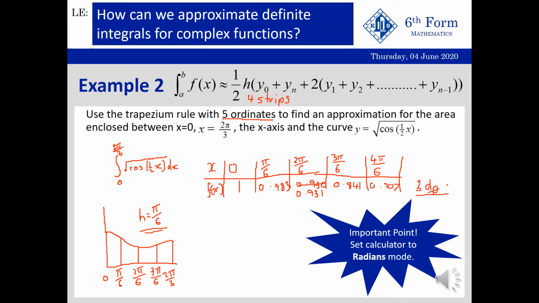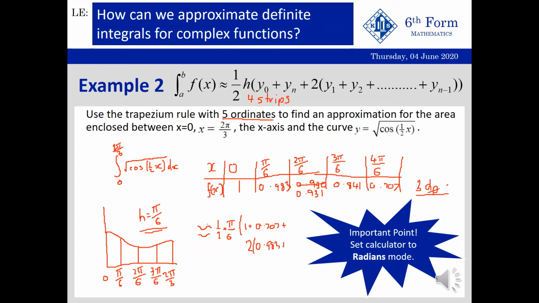So if we now substitute our values in to work out our approximate integral, so we need a half of h was pi over 6. We need y0, which is 1, plus yn, which is 0.707. And then we want 2 lots of all the middle terms,